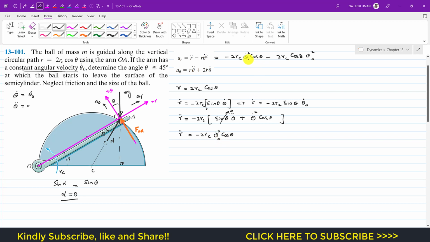Now if I rearrange this, this is 2 RC theta dot square. These two are similar terms we can add up. So this is minus 4 RC theta naught dot square cos